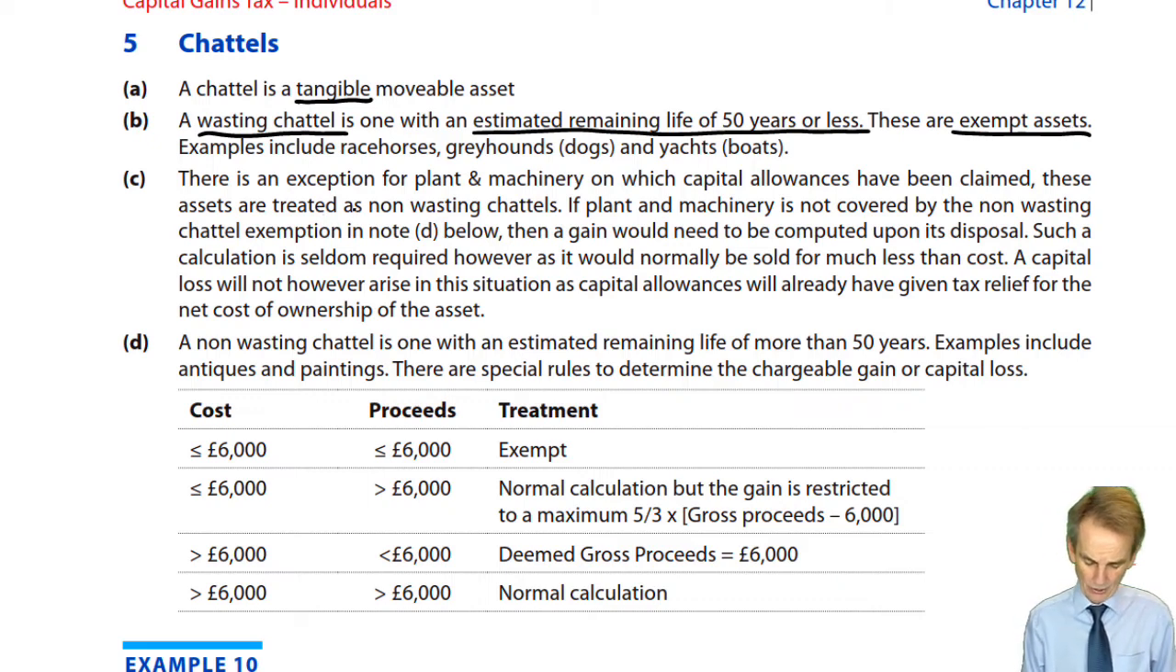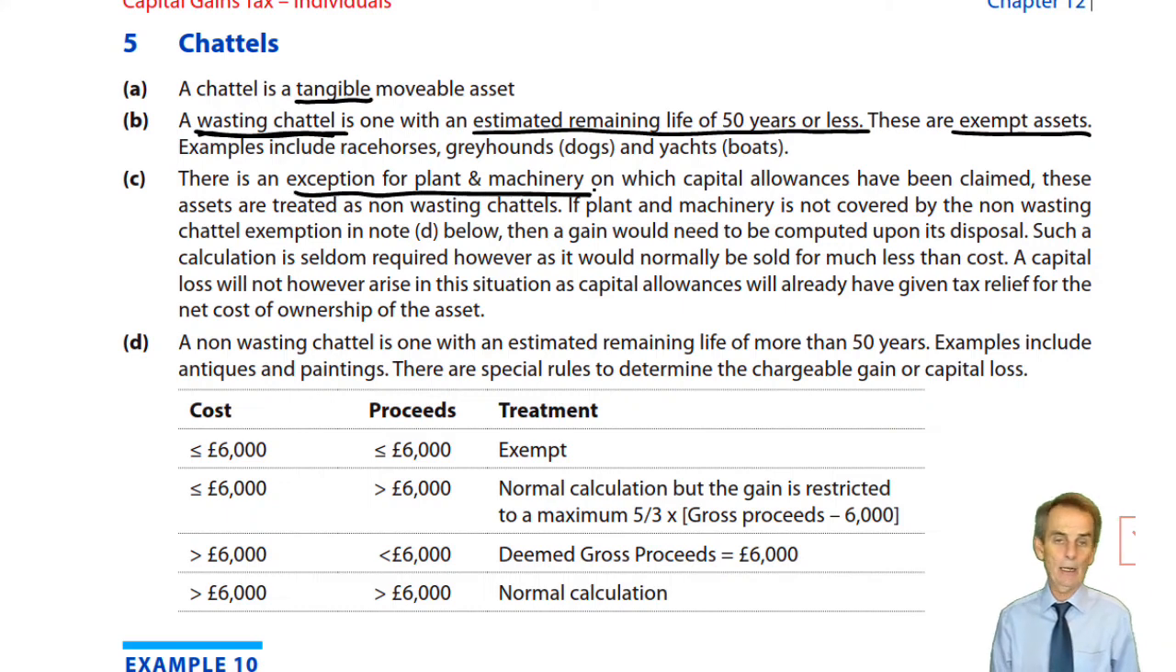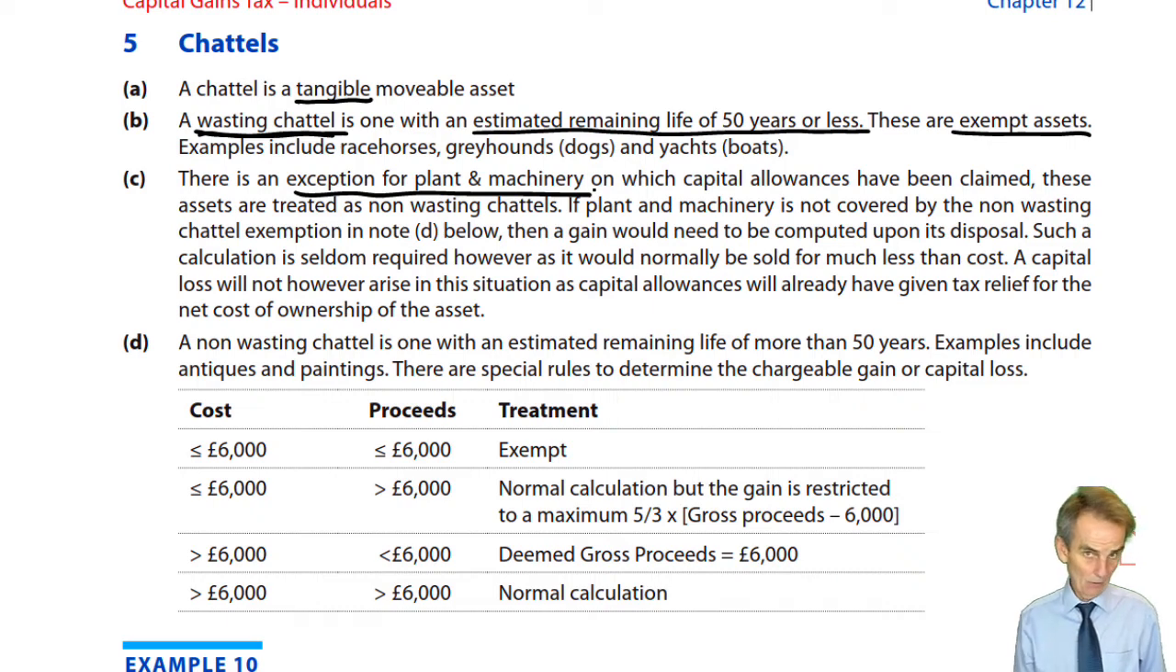One other issue here while we're on this subject. There is, in the case of wasting chattels, an exception for plant and machinery. Now, clearly plant and machinery is tangible movable property. And it's likely to have, when disposed of, an estimated remaining life of 50 years or less. A lot less, we would imagine there. So there's an exception for plant and machinery. But that is only on which capital allowances have been claimed. These assets are treated as